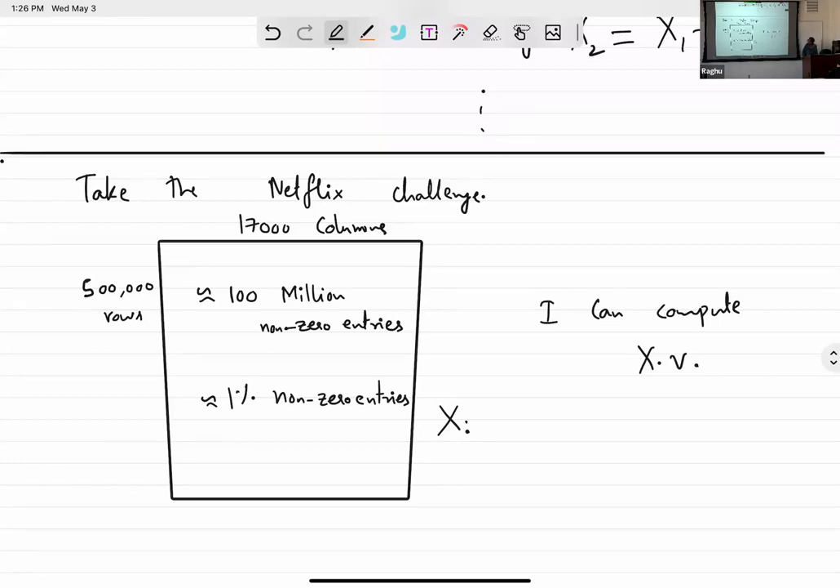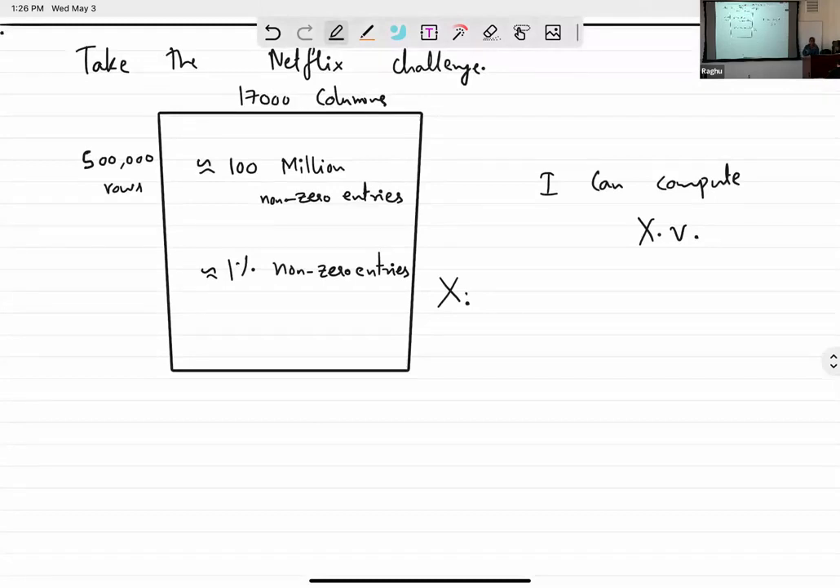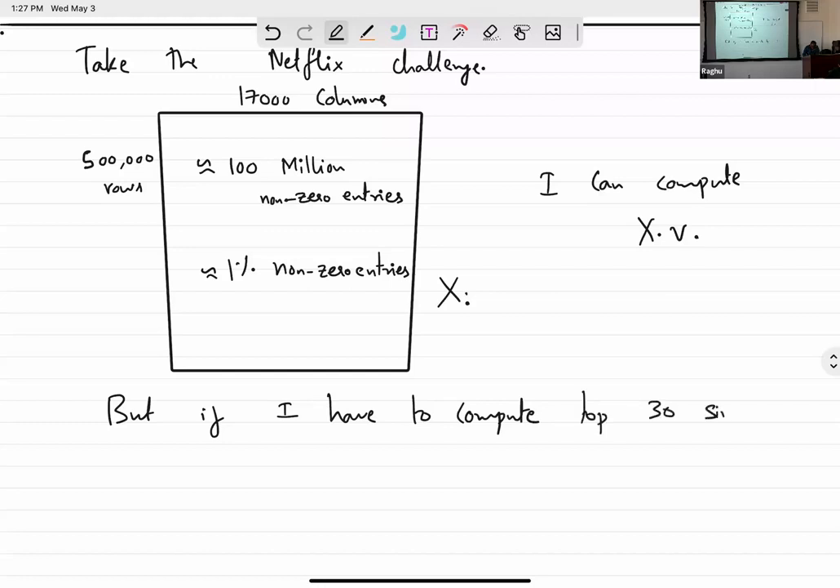Okay, so I can compute X times V reasonably okay, even though if I view it as a full matrix, I can't even store it in memory, right? So I can use this matrix vector multiplication to compute the first singular vector, right? But if I have to compute the top 30 singular vectors,